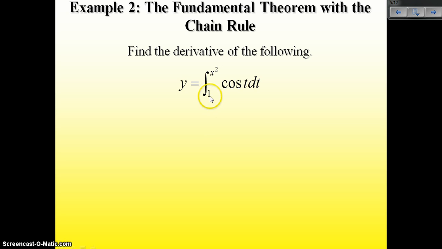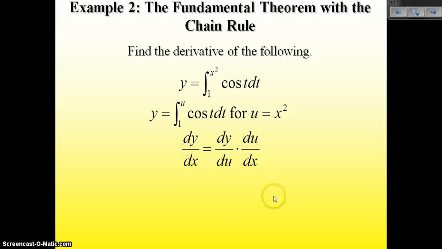You see we have a constant term here, but this time we have an x squared. Now, if I were to take the derivative of this, it's still going to cancel out the integral. But on this one, it's not just enough to plug the x squared into the t here, which I'm going to have to do. But by the chain rule, remember when we do derivatives of the chain rule, I also have to take the derivative of that inside part, which would be x squared,